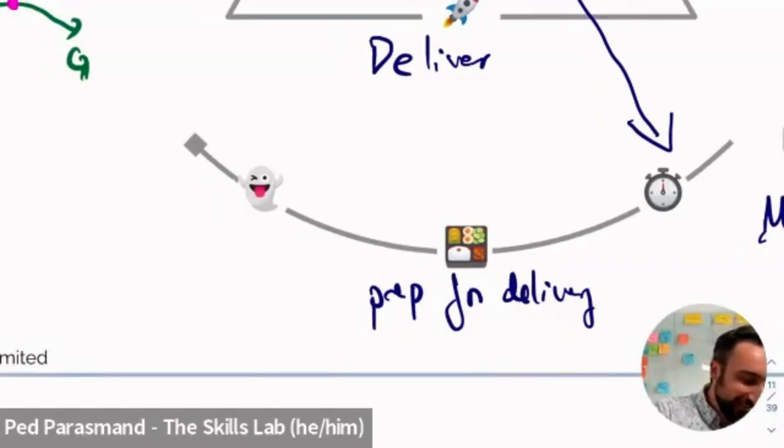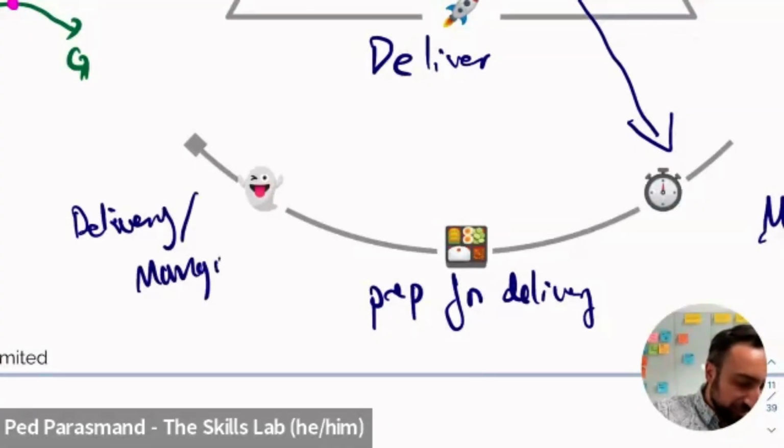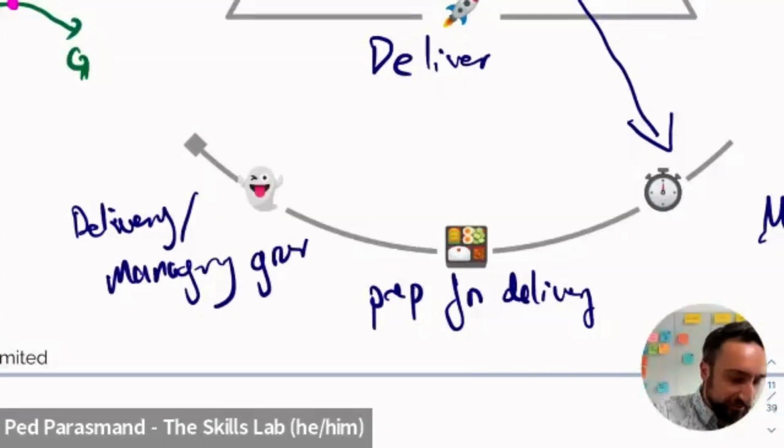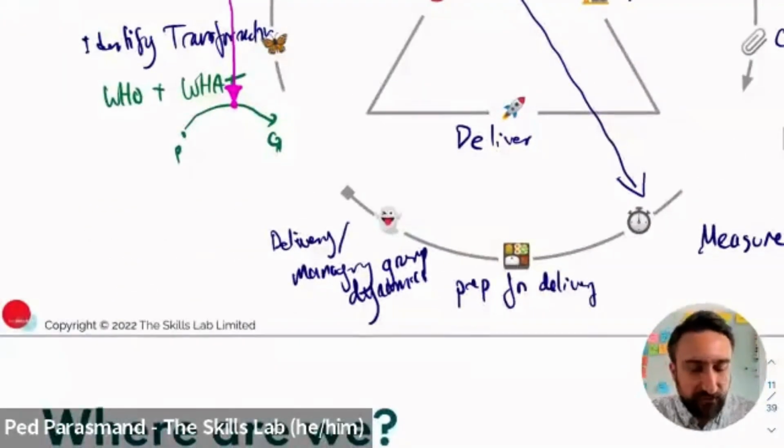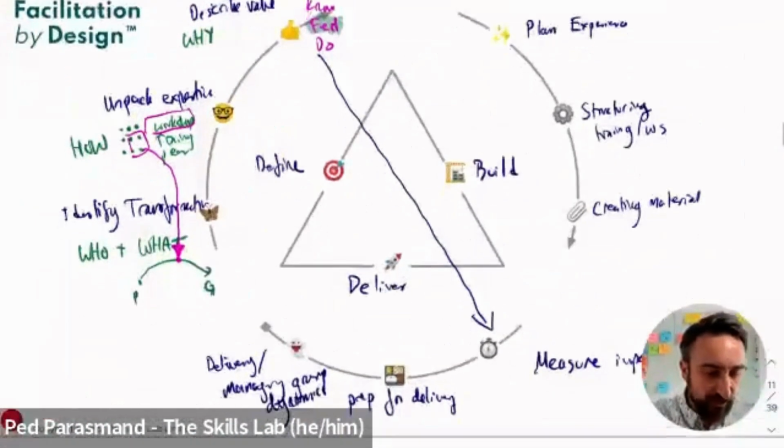And then finally, it's delivery, but really it's about managing, I can't spell properly, let me try that again. Managing group dynamics. Managing group dynamics pulls in everything that you've done before.